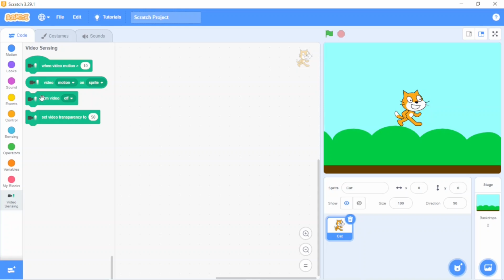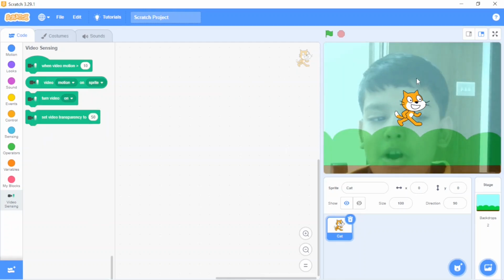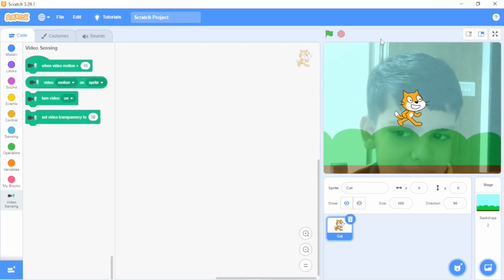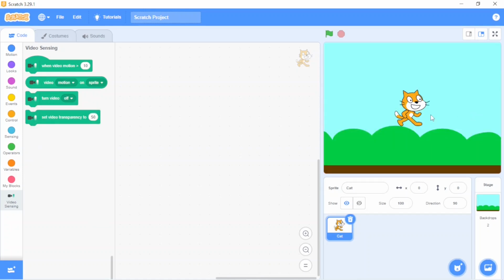And the third block is turn video off. So if I turn on my video, oh look, my video is visible on the screen. And if I turn off the video, my screen is not visible, it is invisible.